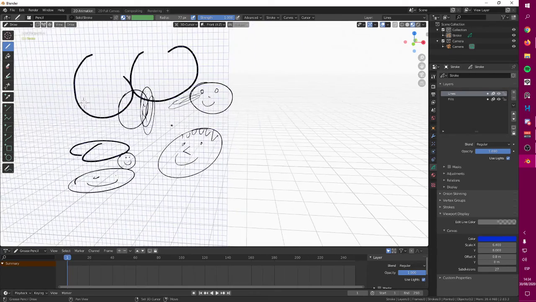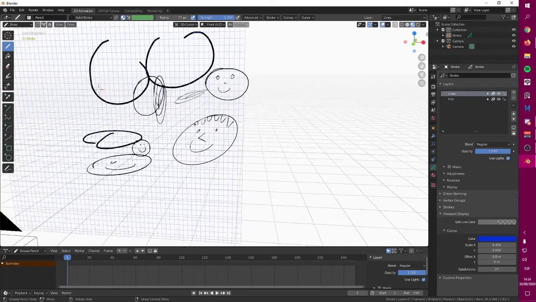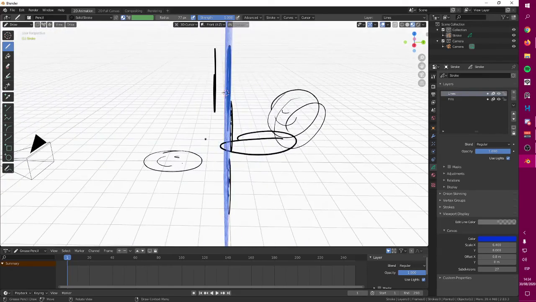What else? Oh man, so many things to talk about. So right now, yeah, this is it. I have so many other things, like when I was doing that Health Taker animation.